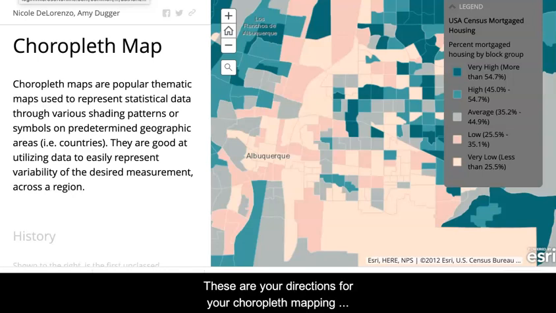This is your directions for your Choropleth mapping assignment. In order to start it out, it's good for us to revisit what is a Choropleth map. And I'm using a website put together by Nicole DiLorenzo and Amy Duger to help explain that. You can see here the Choropleth map indicated on the right is showing Albuquerque, and Choropleth maps are popular thematic